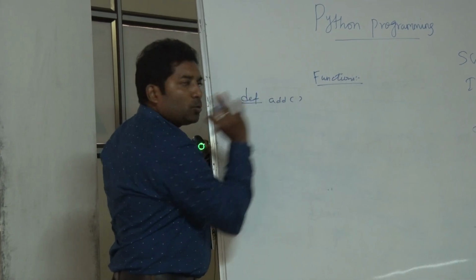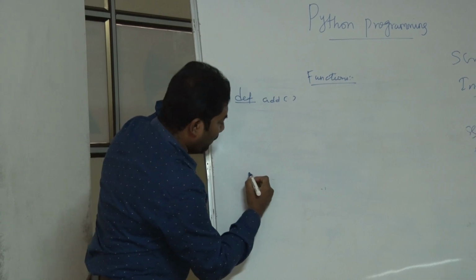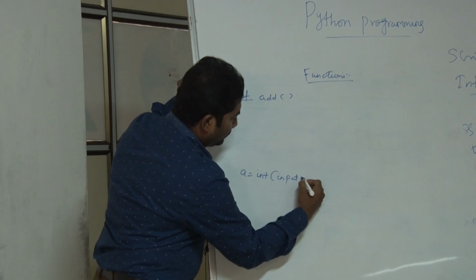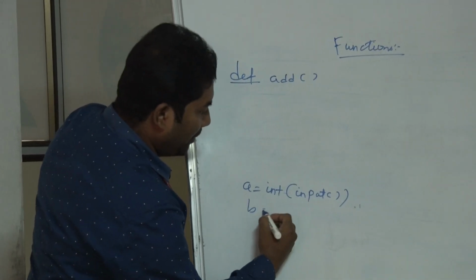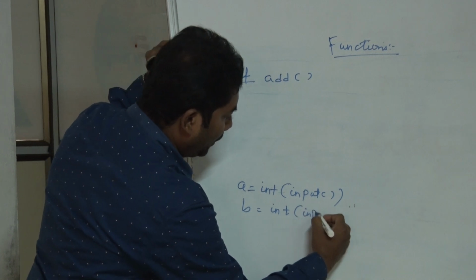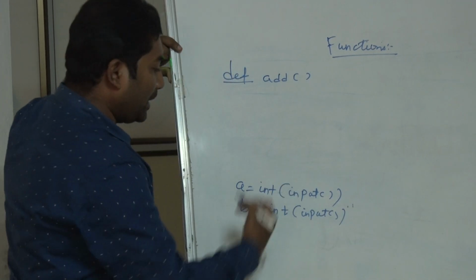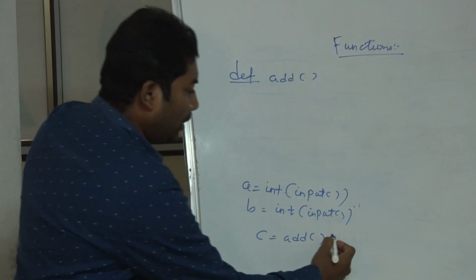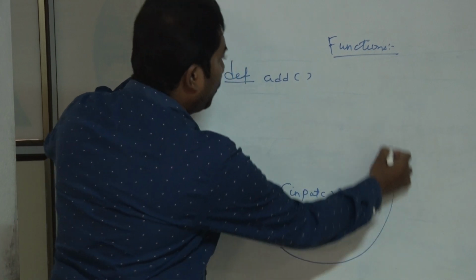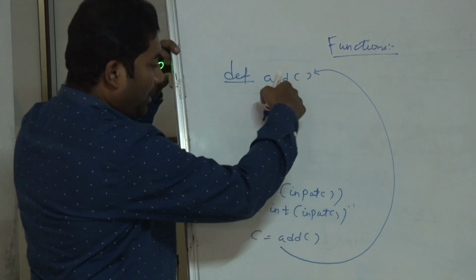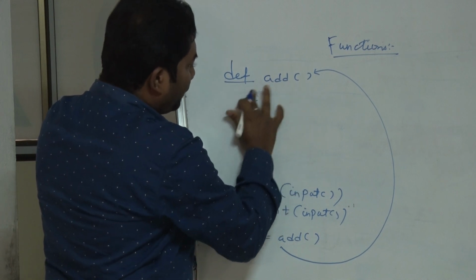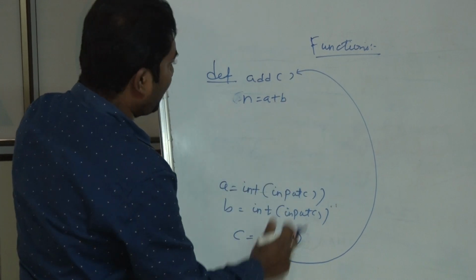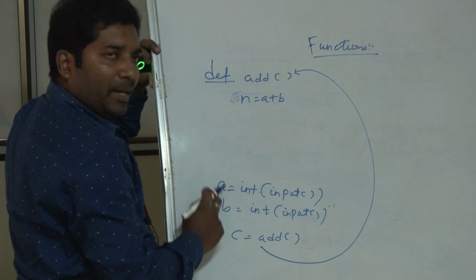So I want to add two numbers using a function. For example, I can get the number a equal to int of input, then b equal to int of input. All the values are integers, so I can directly give. So c equal to add of, I am using this function call. So this will go here, and here what I can do, n equal to a plus b, or something like a plus b, the same value I can use, or